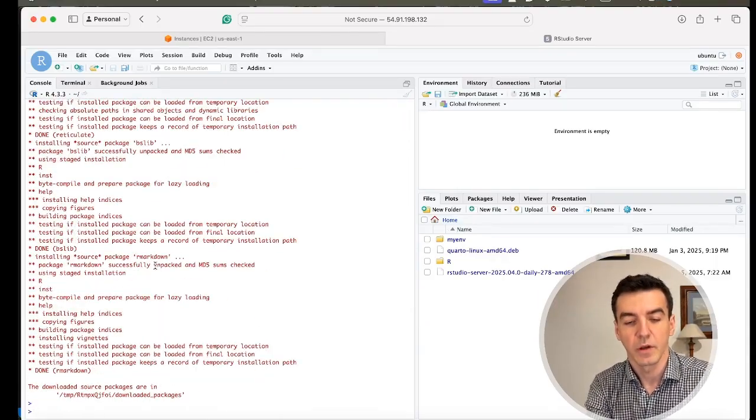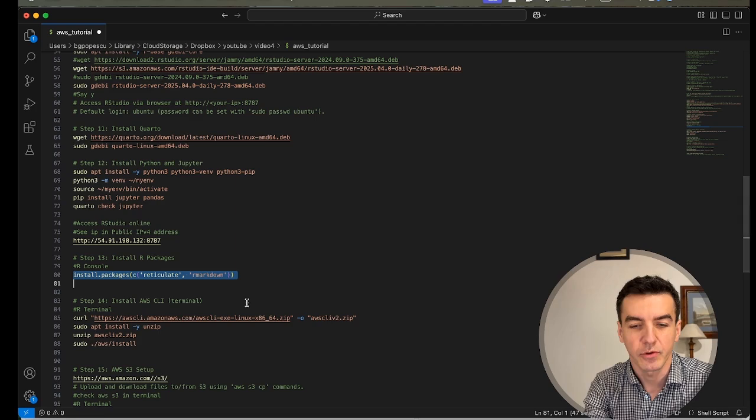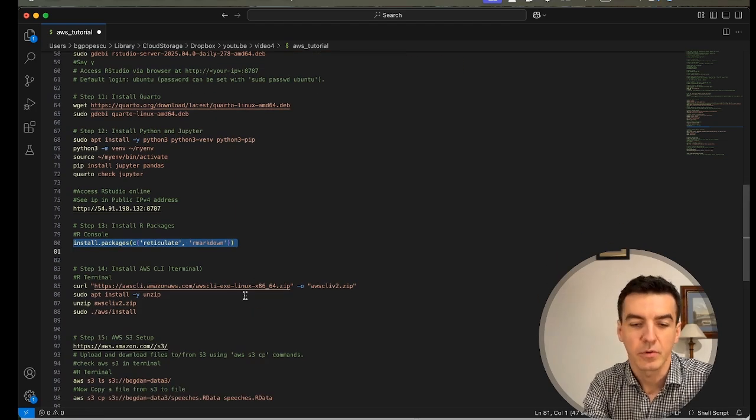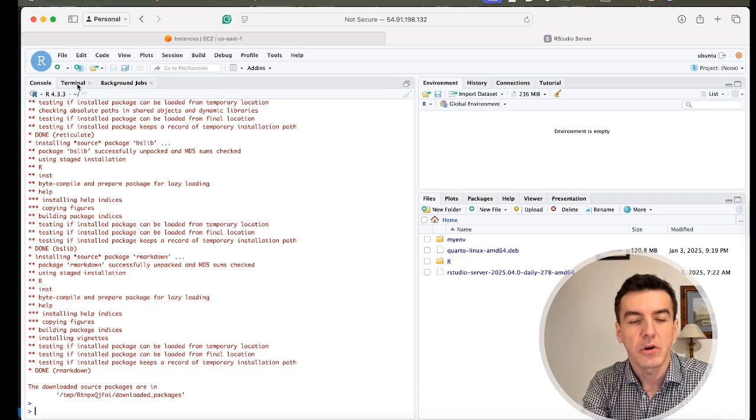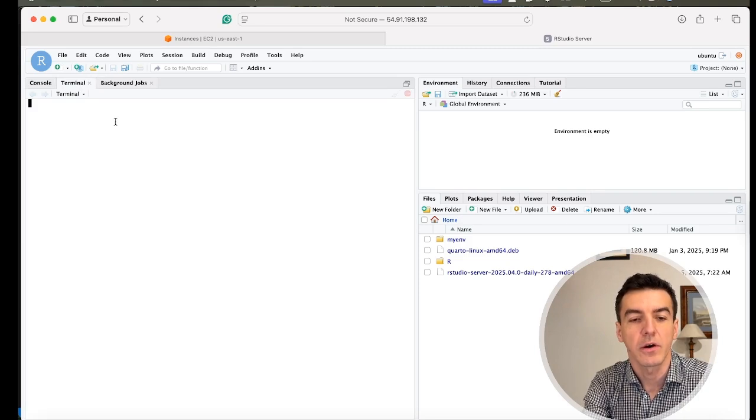Okay, so this was more like 4 minutes. This was a bit more intense because it was loading up, and well, Reticulate just needs more. It's a bigger library, so it needs more time. Okay, now we're going to finally move to the terminal that we're going to use on the